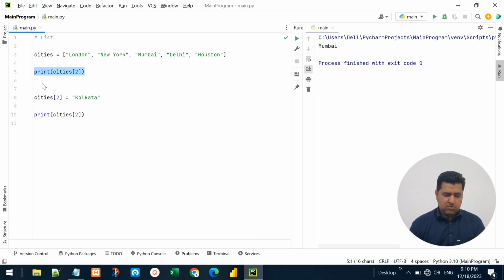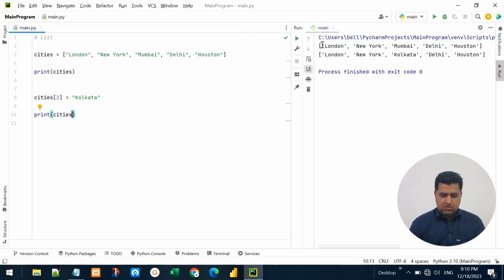In this print statement we will see Mumbai, but in this print statement we will see Kolkata. Let me run both of them. In the first one we see Mumbai, but in the second we see Kolkata. Even if we print the entire list, that will be changed there. Let me run this. So in the first list you can see there is Mumbai, but in the second one, because we changed it,